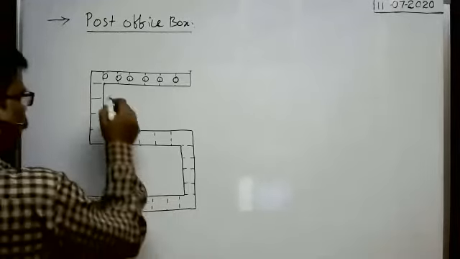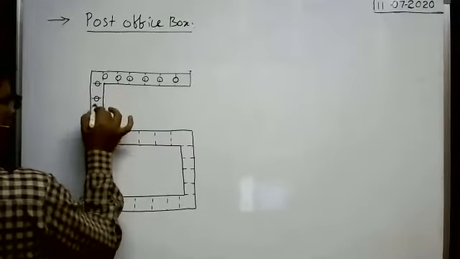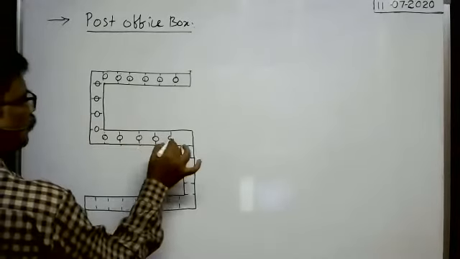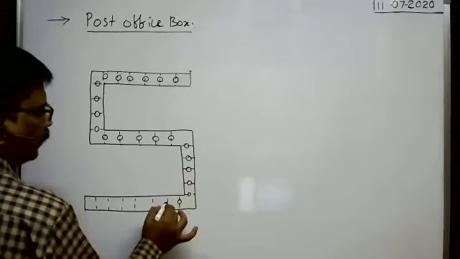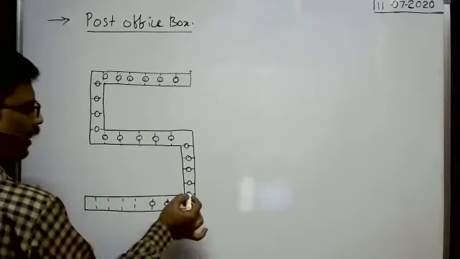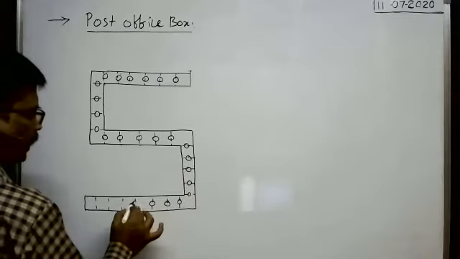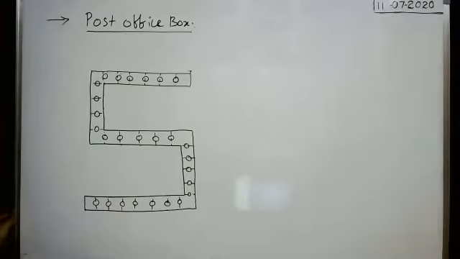In this way, it is divided into a number of slots, and in between any two slots a hole is made like this. Holes are made like this, and in the holes we can keep the key, so that if you put the key here, these two slots will be joined in series in such a way. Alignment is there.